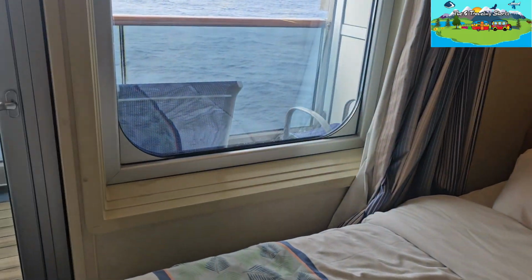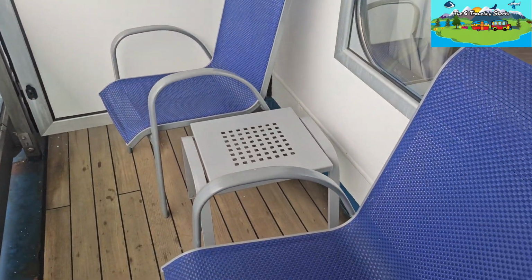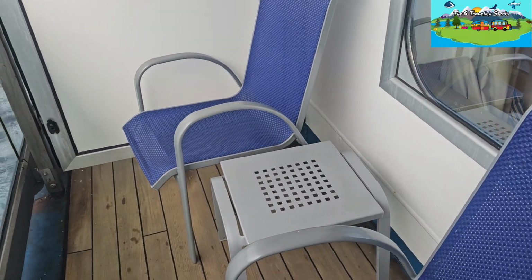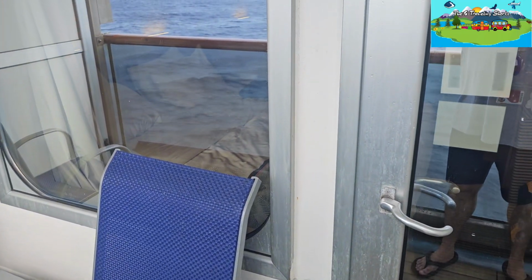Now we will walk out to the balcony. There's 2 lounge chairs, deck chairs, and a side table. And that is the room tour of cabin